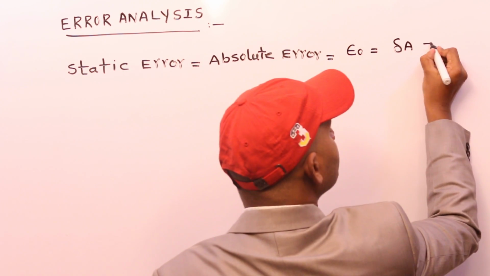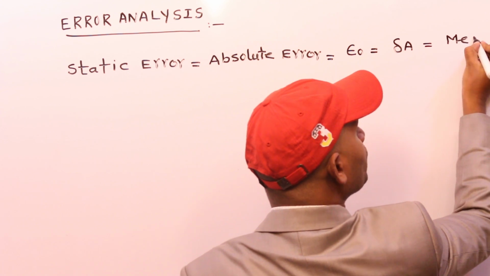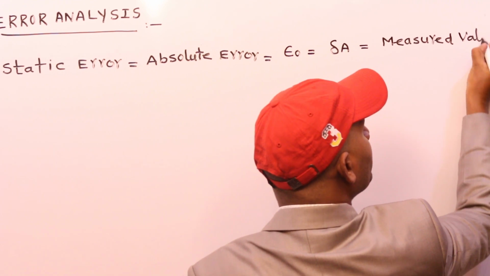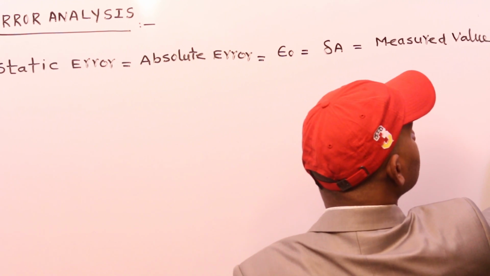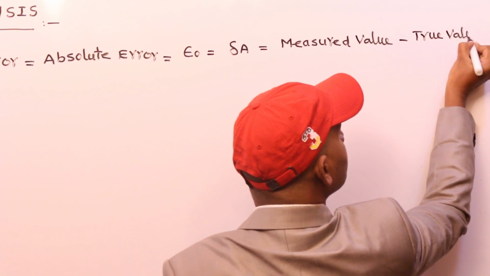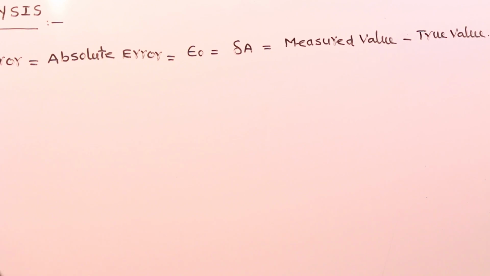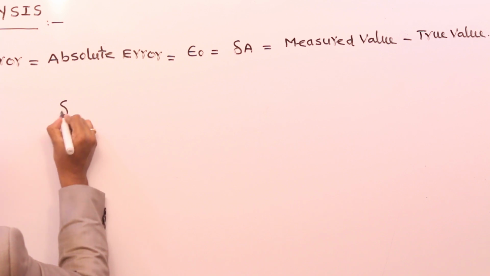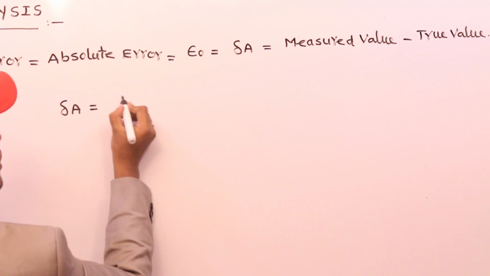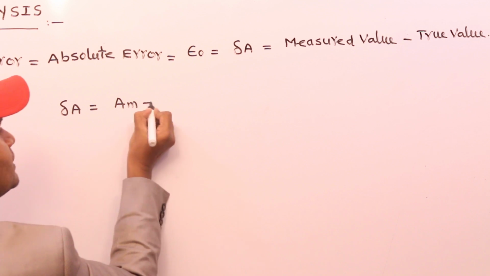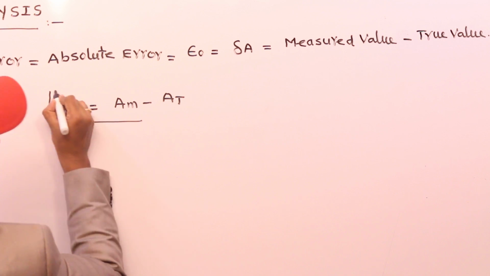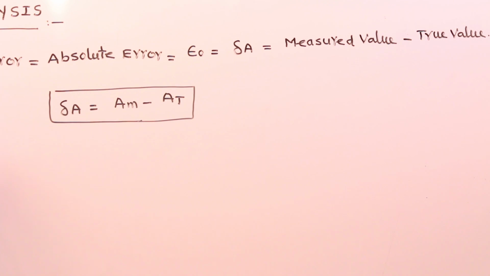is defined as measured value minus true value. Now, as a notation, this absolute error or static error, delta A, equal to measured value AM minus true value AT. This is the fundamental definition of absolute error or static error,